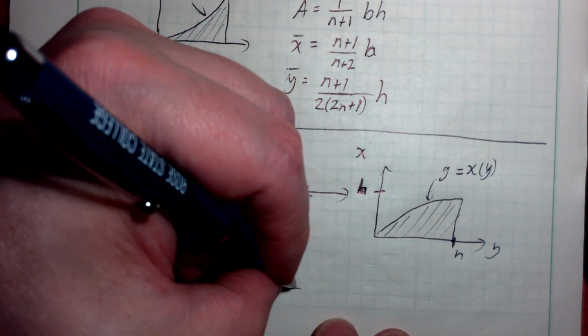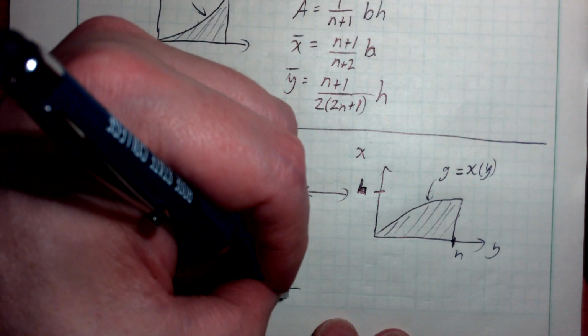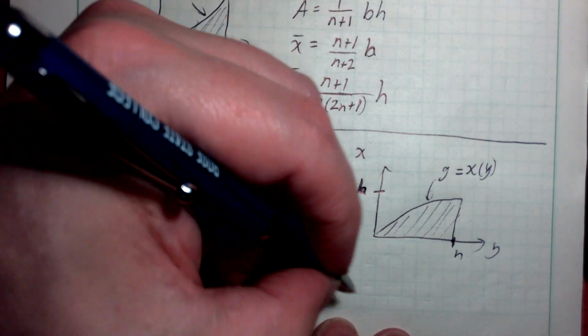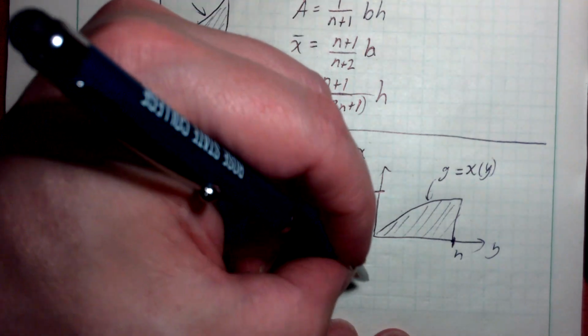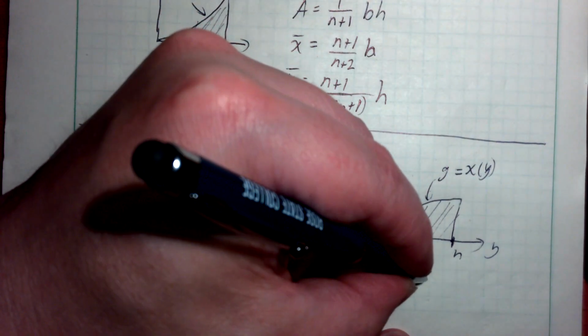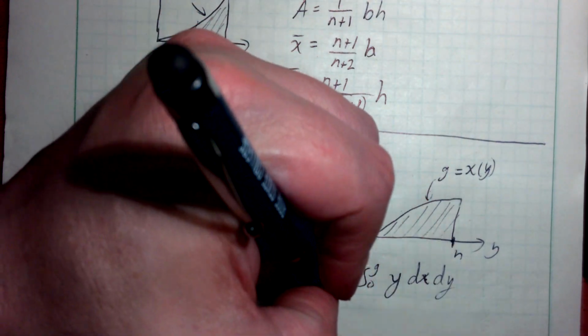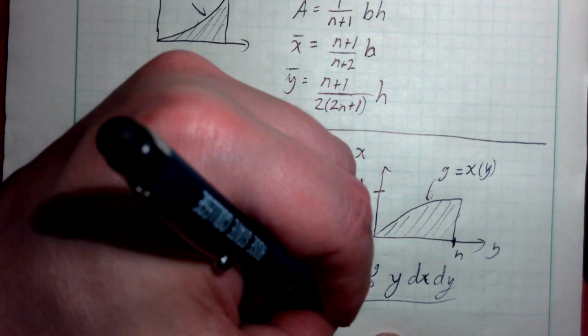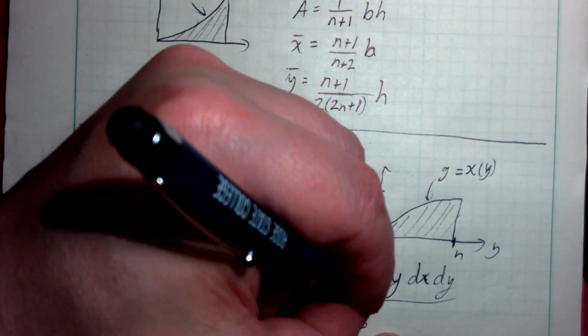And the same thing for the y bar. It follows the same basic structure. Integral 0 to h, integral 0 to g, y dy dx dy, over integral 0 to h, integral 0 to g,